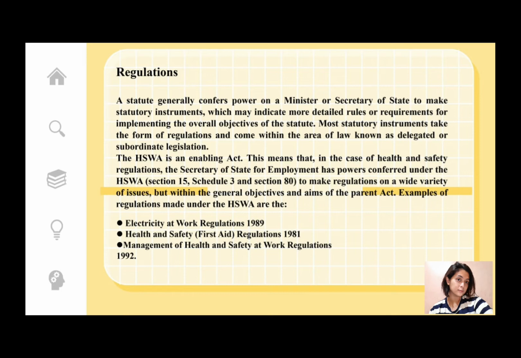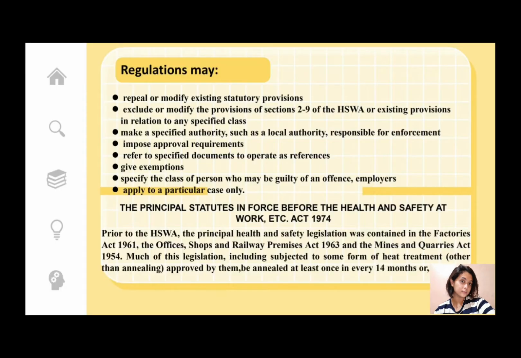HSWA, Section 15, Schedule 3, and Section 80 to make regulations on a wide variety of issues, but within the general objectives and aims of the parent act. The following are examples of regulations made under the HSWA: the Electricity at Work Regulations 1989, Health and Safety Regulations 1981, Management of Health and Safety at Work Regulations 1992. And regulations may repeal or modify existing